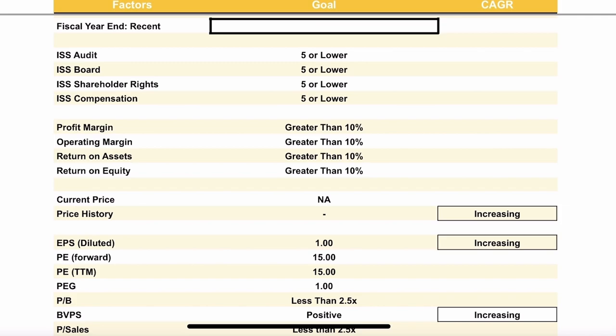So you can take some of these with a grain of salt, but also recognize, I like to see if there's an audit score of 8 to 10, that tells me that there might be some negative aspects to either what the auditors have picked up on in the company, or that I need to really dig into some of those notes in the annual report to determine, how are they smoothing out some of the numbers, or how are